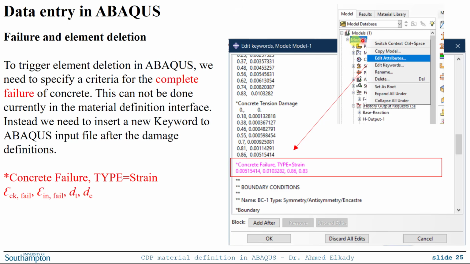If you right click on your model in the tree section of your interface, you should select not edit attributes, but edit keywords. This is a mistake here in the screenshot. So you just need to select edit keywords, and this will open the input file for your model. If you scroll down, you can insert this command using the same syntax that I'm showing here. You need an asterisk, then concrete failure, and then in comma type equal strain,